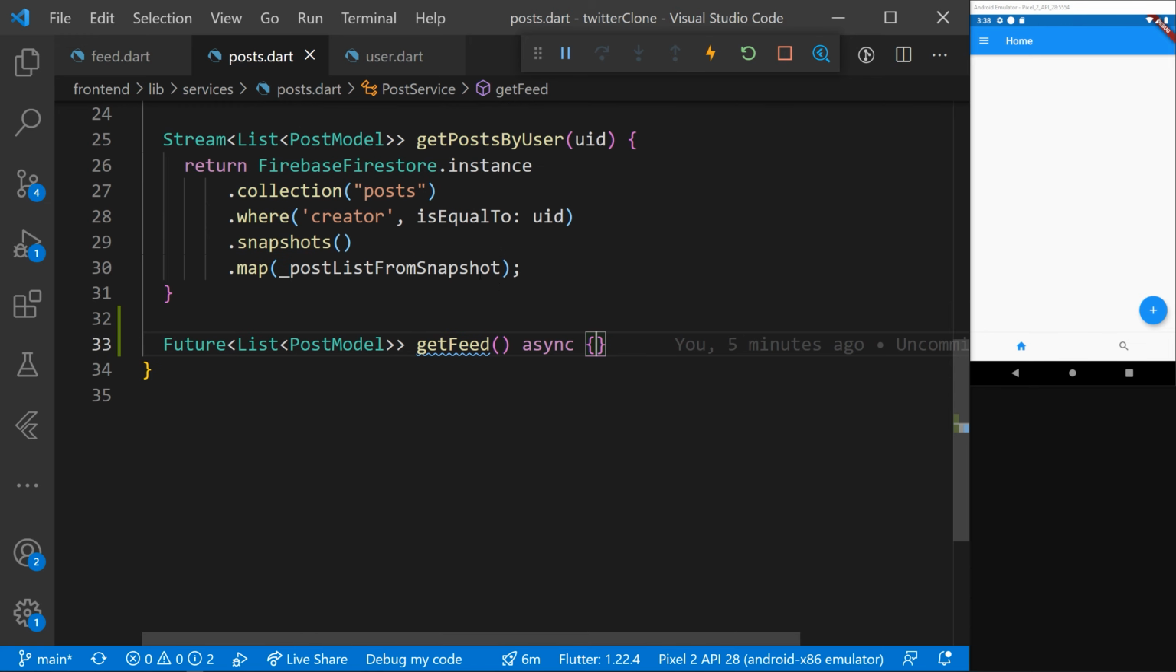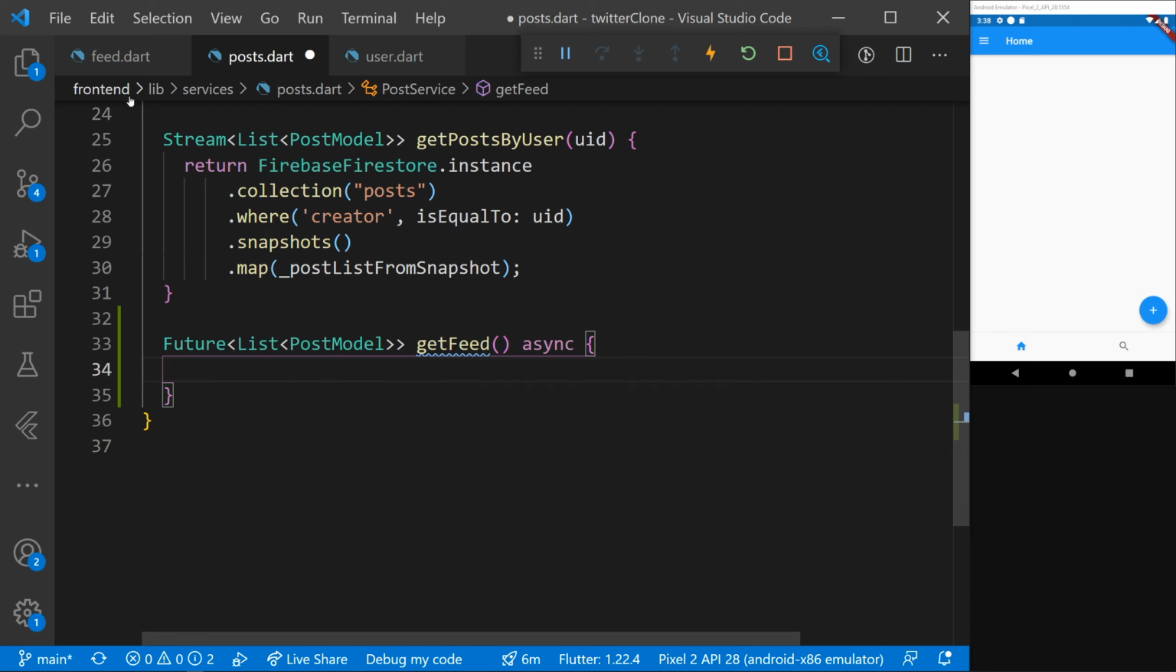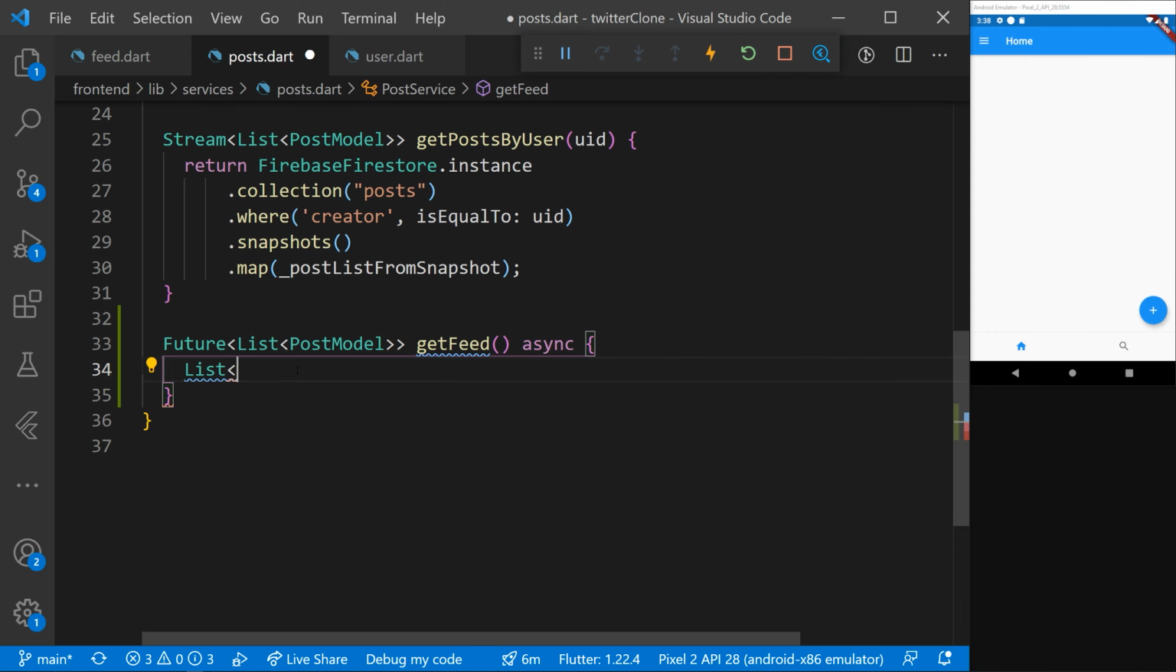So now over on to posts, we are now able to get the users that we have to fetch the information of, the posts of. So let's try and do this right now. The first thing that we are going to do is say list string users